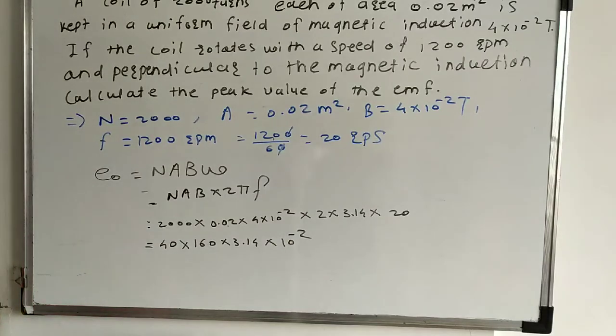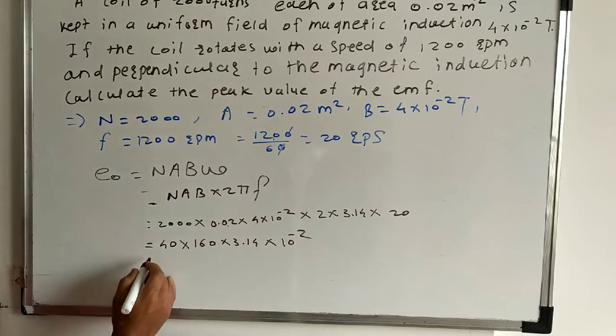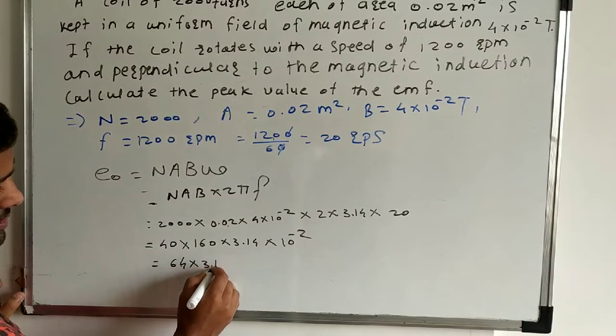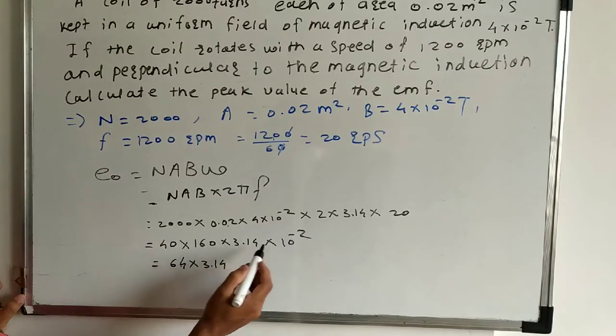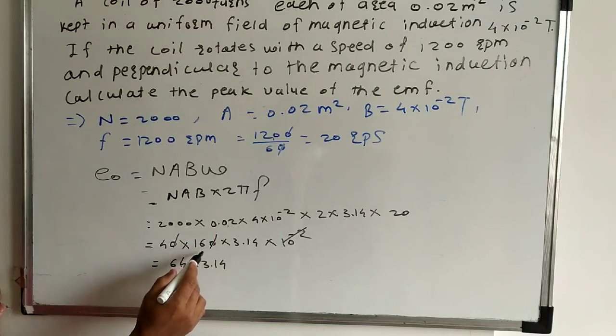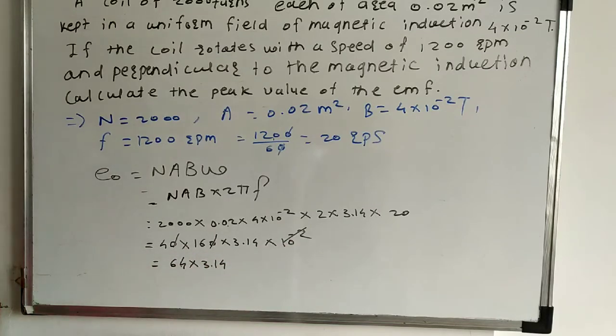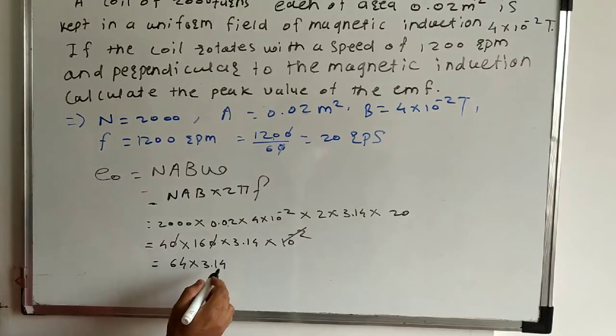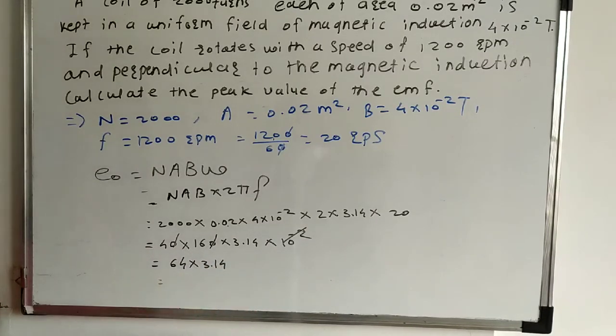If you multiply the 4 by 16, then the next value would be 64 into 3.14. Actually, minus 2, the two zeros will cancel with the 10 raised to minus 2. And 16 fours are 64 into 3.14. If you solve this value,